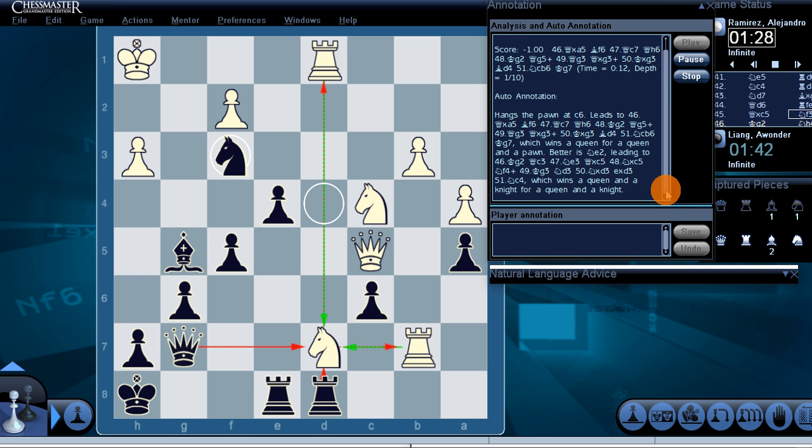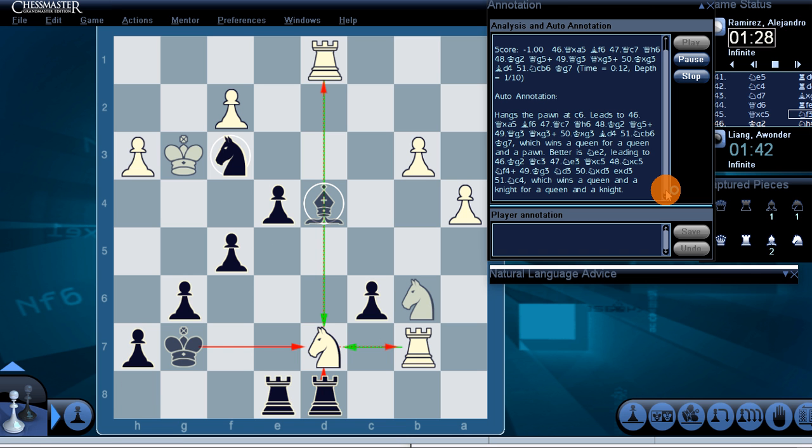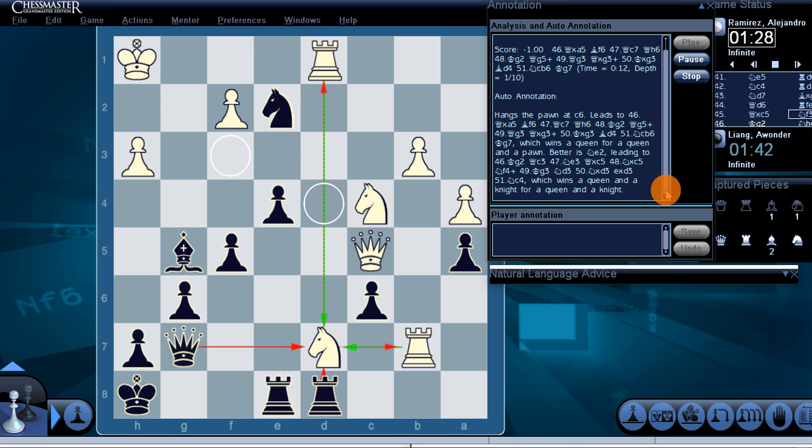Knight f3 hangs the pawn at c6. Leads to queen takes a5, bishop f6, queen c7, queen h6, king g2, queen g5, check, queen g3, queen takes g3, check, king takes g3, bishop d4, knight c b6, king g7, which wins a queen for a queen and a pawn. Better is knight e2, leading to king g2, queen c3, knight e3, queen takes c5, knight takes c5,